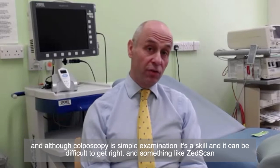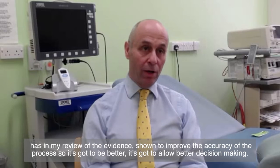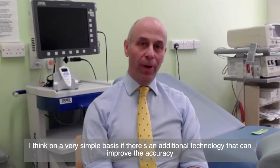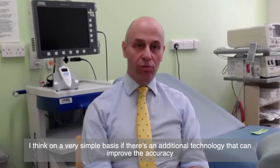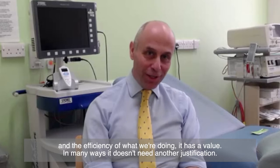And something like ZedScan has, my reading of the evidence says, been shown to improve the accuracy of the process, so it's got to be better and it's got to allow better decision making. I think on a very simple basis, if there's an additional technology that can improve the accuracy and the efficiency of what we're doing, then it has a value, and in many ways it doesn't need another